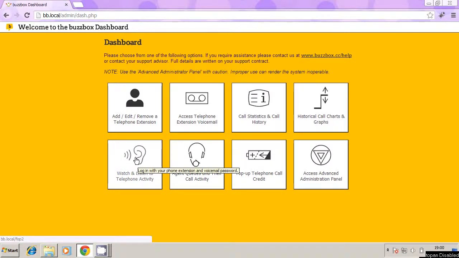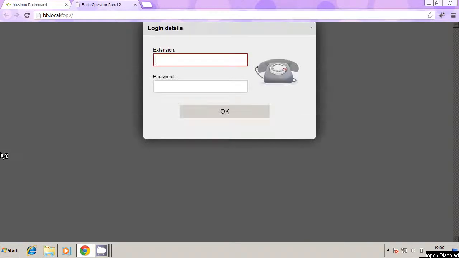So if we click on this one, there will be an extension already created, so if you don't know what that is, do get in touch with us and we'll let you know. But by default, the first extension in buzzbox is normally the one that is active, so you log in with the extension number and the password, which is normally your voicemail password. Click OK,